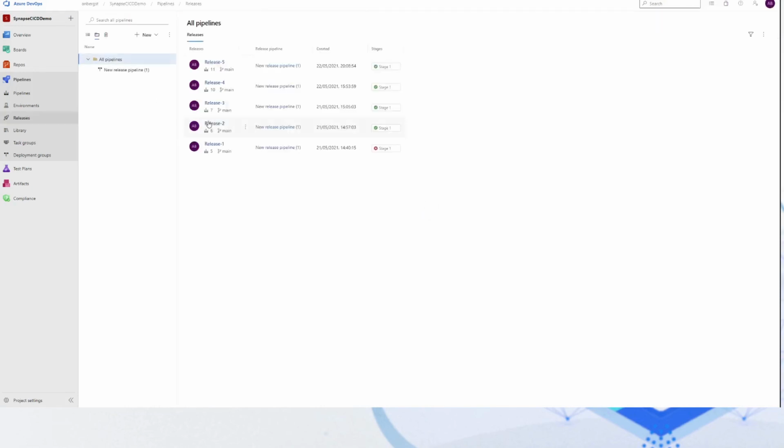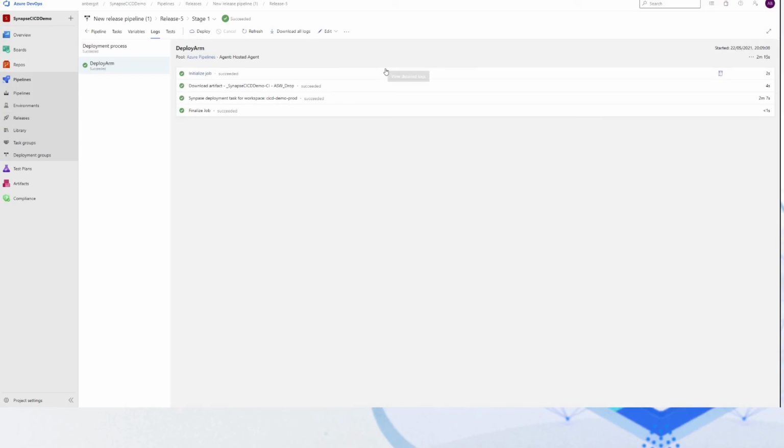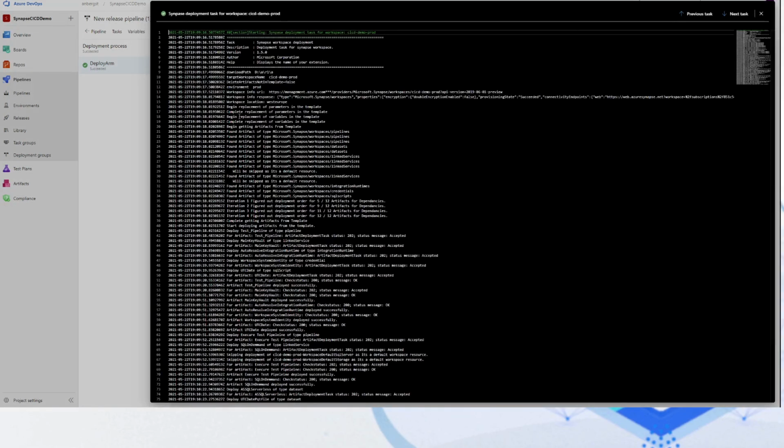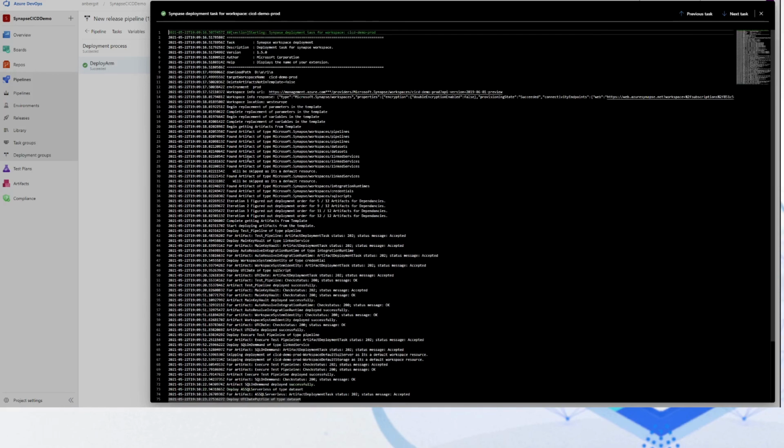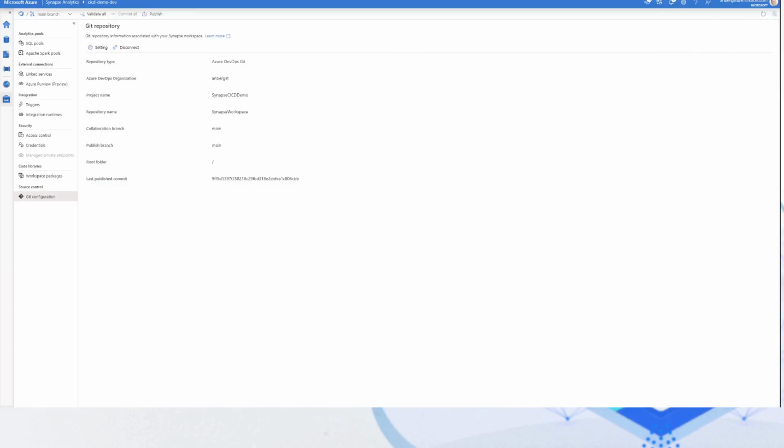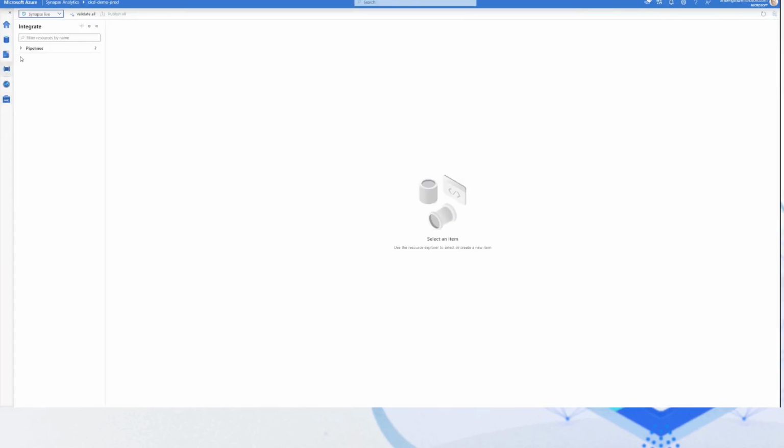So let's see if this deployed successfully, and it looks like it did. So if we step into that, you can see what it does. So it initialized the job, it downloaded the artifact that I had set up, and it then fired off the deployment, and you can see here it ran. So let's see if our production has been updated. So in our pipelines, we only have these. So if we go ahead, now you can see it's not connected to source control. So if we go ahead and refresh,